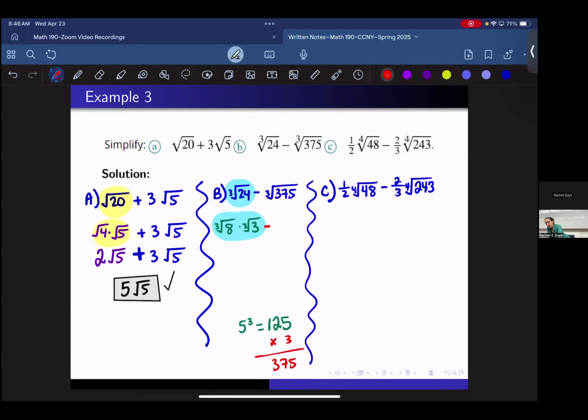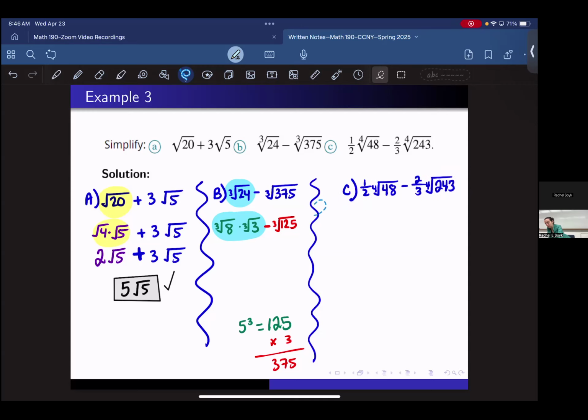We can rewrite this as the cube root of, we have cube root of 3 times the cube root of 125. This over, more space. Times the cube root of,